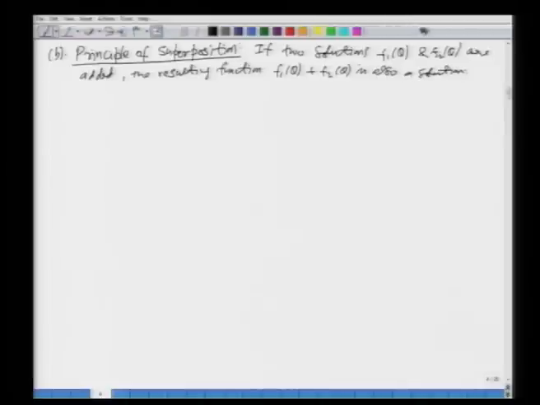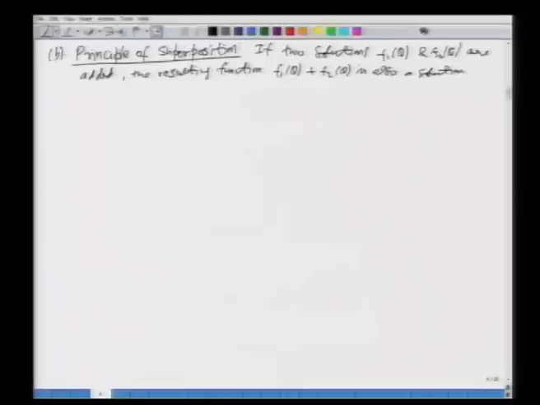Now, what I am going to do is look at these two basic principles graphically. I am sure you have used these two principles in your undergraduate hydrology course in your unit hydrograph chapter earlier, but it is important to understand why we are able to do the various computations or operations which we have done using the unit hydrograph.